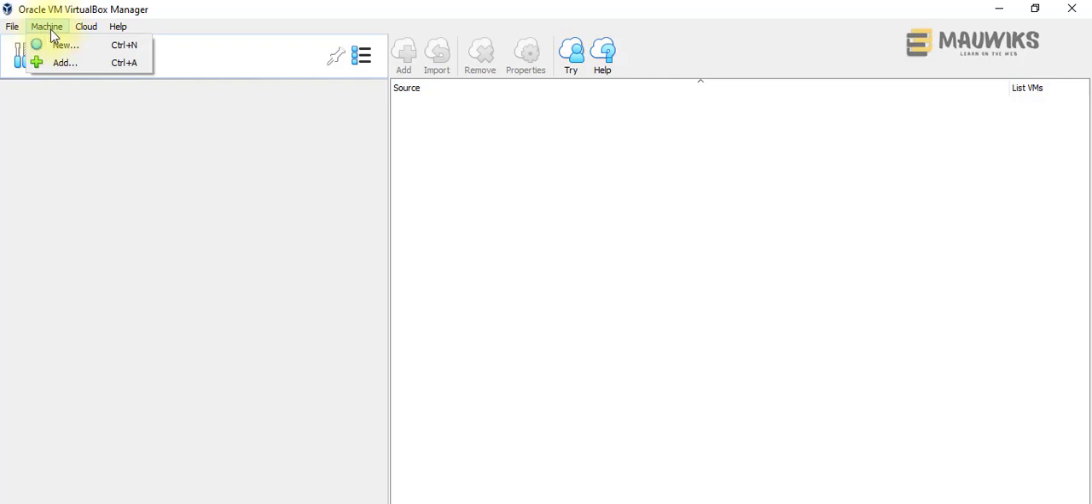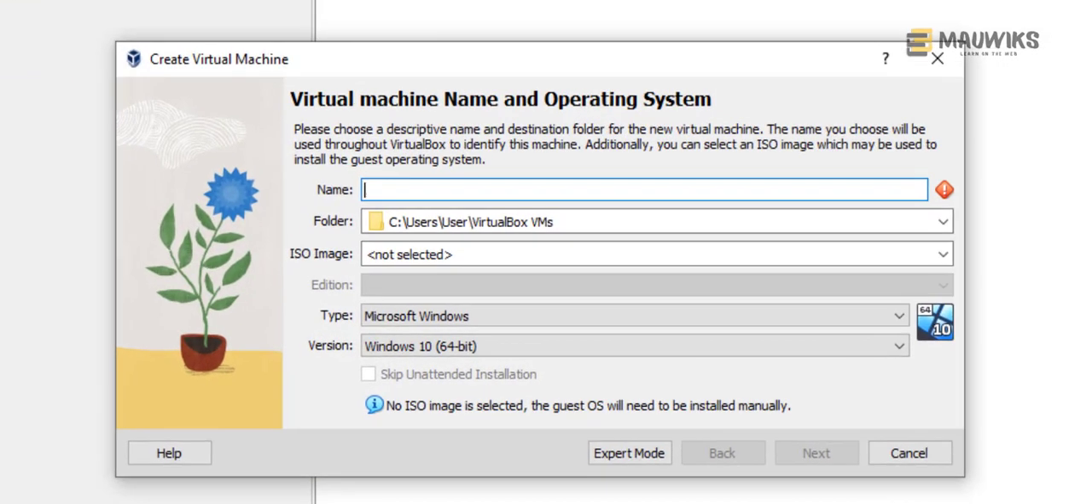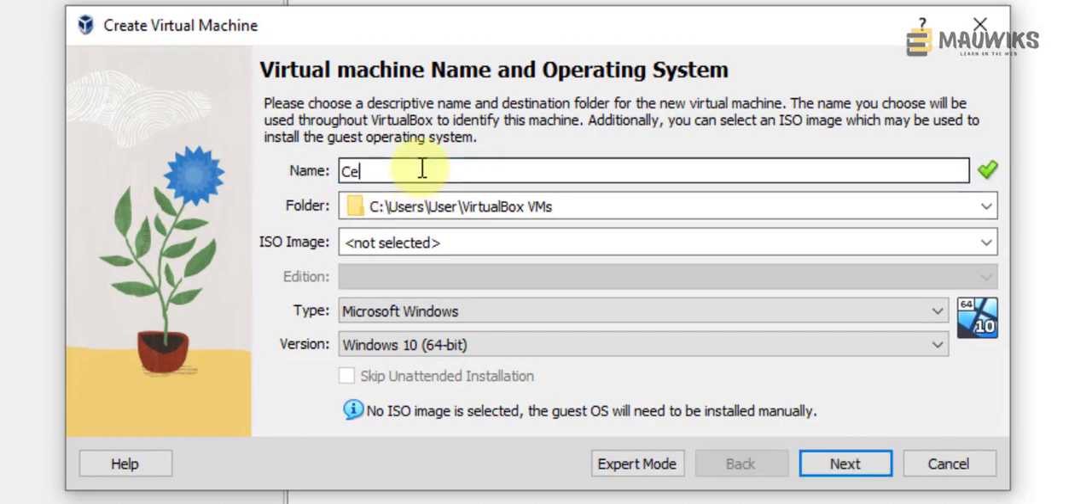select the machine here in the menu, and you can actually create here or add if you already have an existing one, but for this video we will use the new because we don't have anything existing. So let's go ahead and click new and then name our VM, which is CentOS, and you can just select